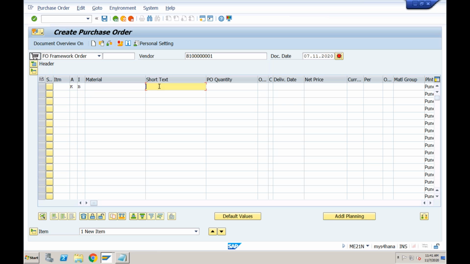okay, and no material required, whatever short text you want to provide. So for example, this is my travel framework order, okay, which you are giving to the vendor. No quantity, since it is not quantity based. Net price, if you want to enter, maybe the overall contract price, if you want to enter, let's say I'm entering the overall contract price for 1 month, let's say 100K